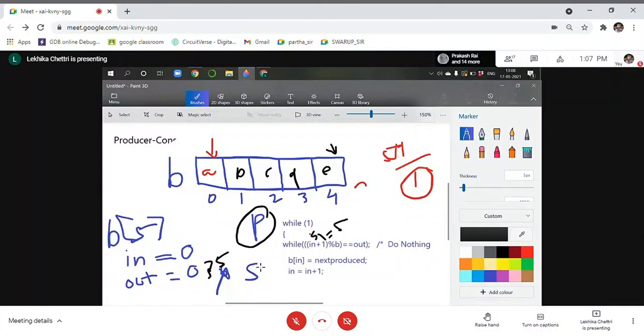Okay, you will be writing consumer code, wherein when the consumer has entered, your current value of out would have already been 4. It will be 4 here. First we'll insert here, it's 0. When it goes to the next one, it will be 1, like that. Okay, so when you have 4 here and